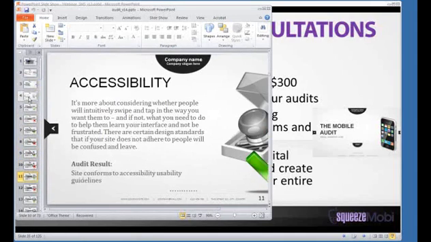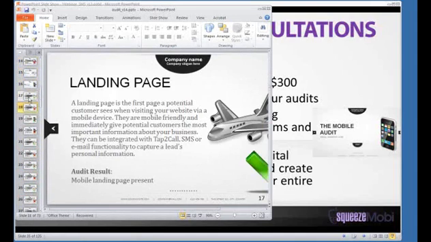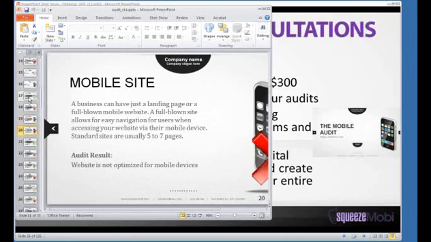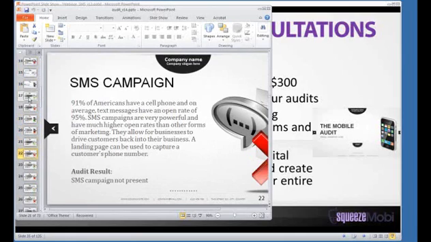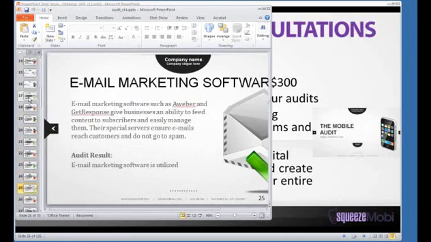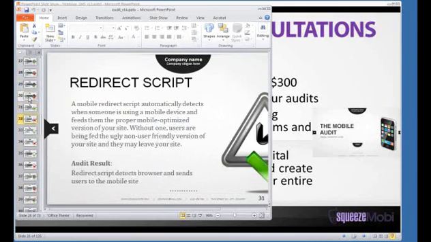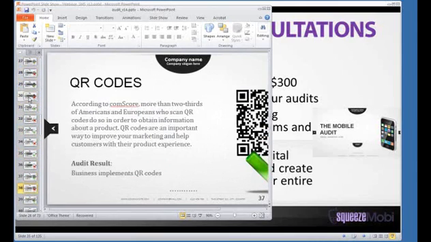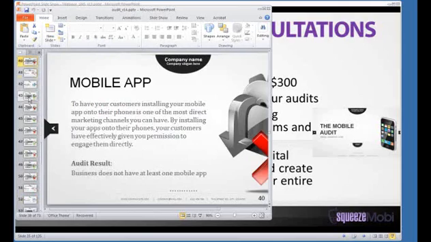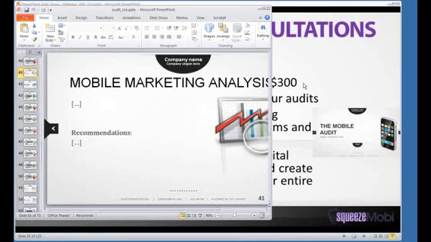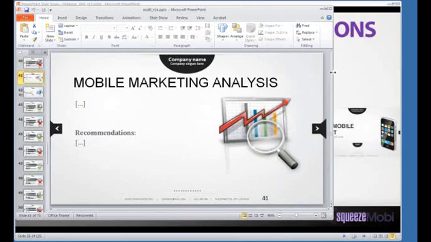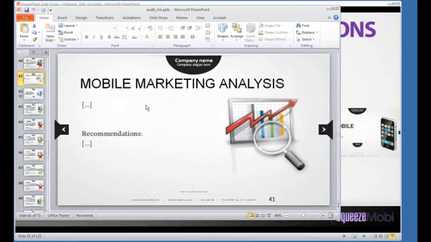You audit if it's actively managed, and mainly the mobile stuff. If they have a mobile site, you put a screenshot in there. You check for SMS campaigns, and then towards the end of that, you structure their plan, what they need to do step by step in order to take their business to the next level, along with recommendations.